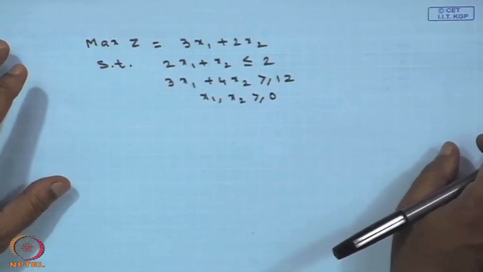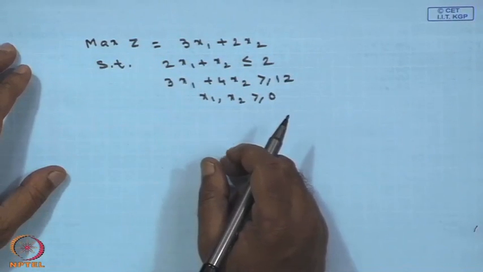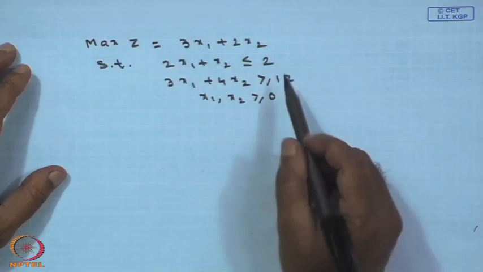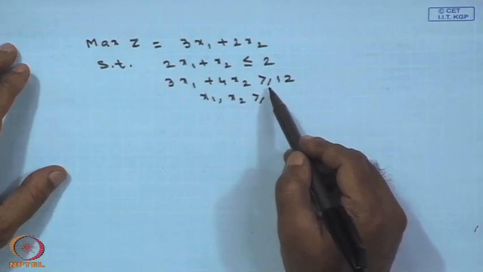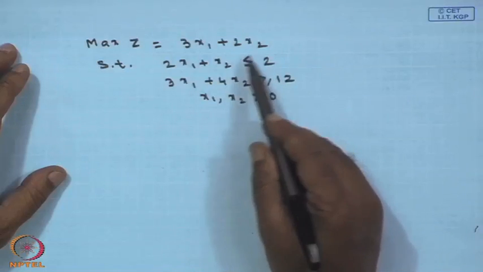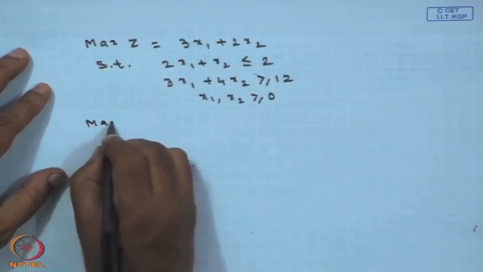So, I have to first convert this into the standard form with the auxiliary objective function. Since one greater than inequality is there, I have to introduce one artificial variable, and for this case one more variable is required. So, I am writing maximize z star